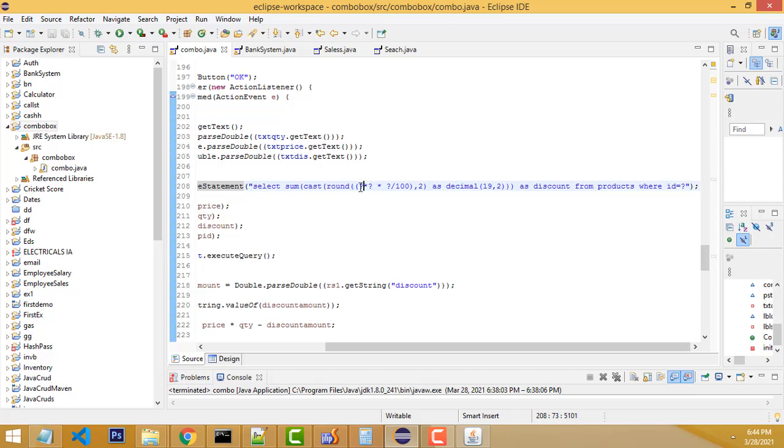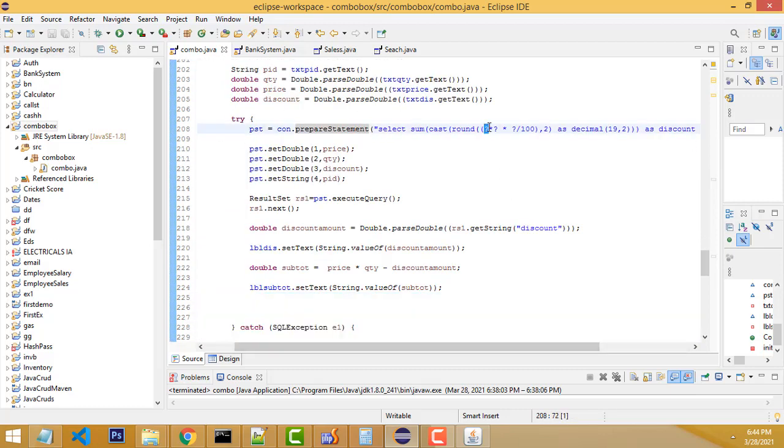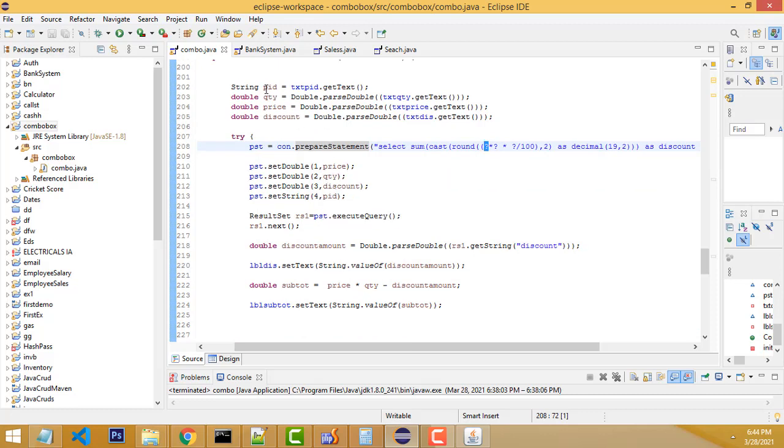This one, what is the question mark for? This is the first parameter I have to pass in here, right? What is the price? So here write the price. If you are assigning it here, this also is set as double. It is the first parameter. The sequence of parameters follows the sequence of question marks in the query. First is quantity, then price.